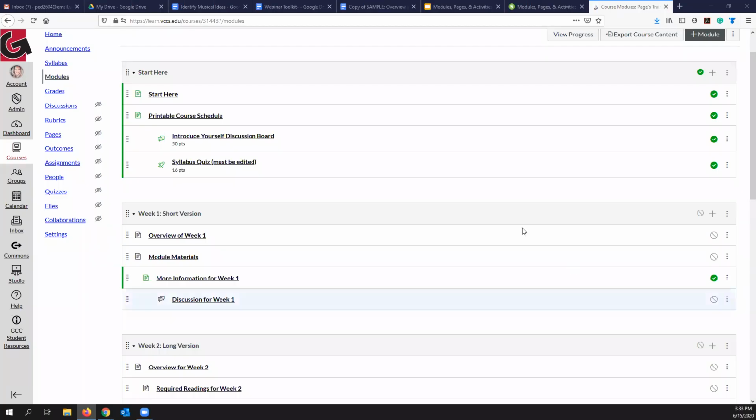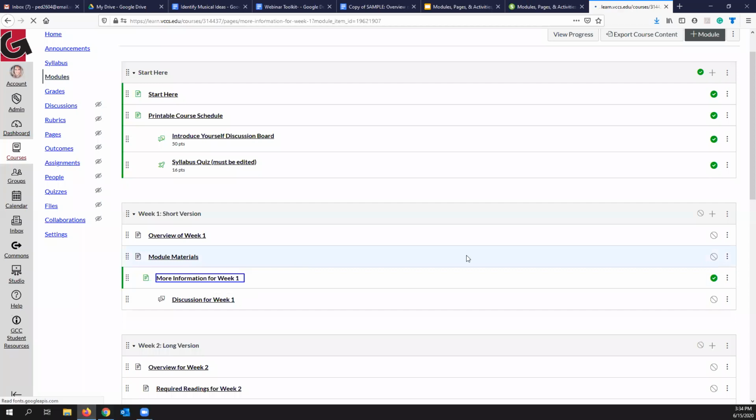All right. Here we are back in Canvas again. And think about this. This is where you're going to call this your module materials. So what do they need for that learner to content interaction? You're going to think about things like publisher materials, PowerPoints, videos, video lectures. So let's take a look